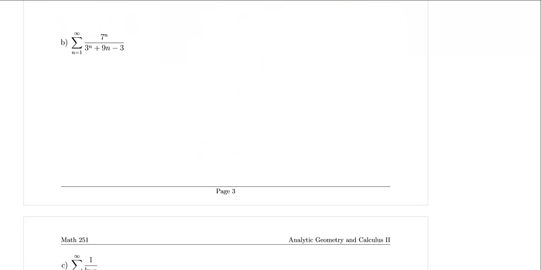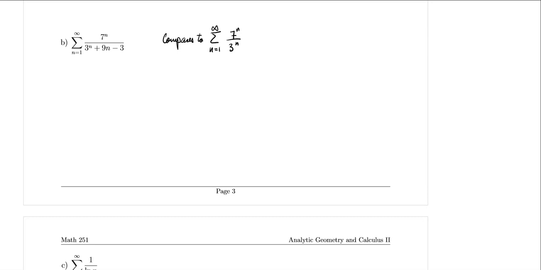Alright, so for our next example, we have here the series as n goes from 1 to infinity of 7 to the n divided by 3 to the n plus 9n minus 3. Okay, so taking a look at this one, which one will be a nice series to compare it to? Well, you probably guessed it right. This series can be compared to the series as n goes from 1 to infinity of 7 to the n over 3 to the n,